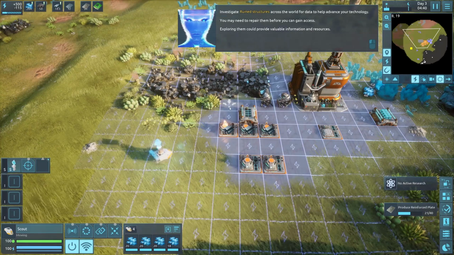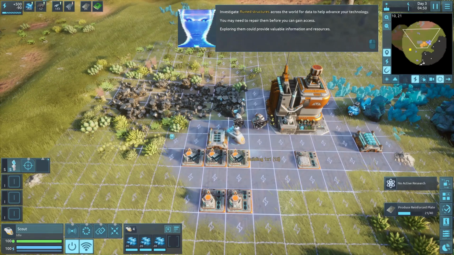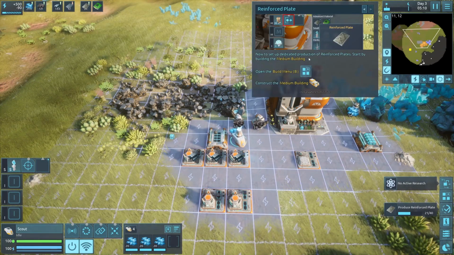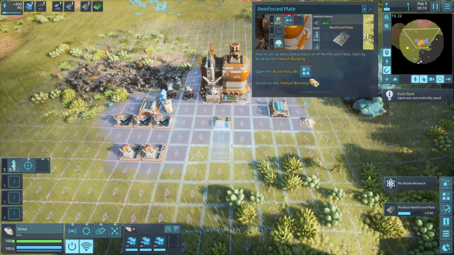Alright. Well, let's just send this guy back in there to do his thing. Maybe I gotta leave some room for him. There we go. Now to set up a dedicated production of reinforced plates. Start by building a medium building. On it. Medium building...